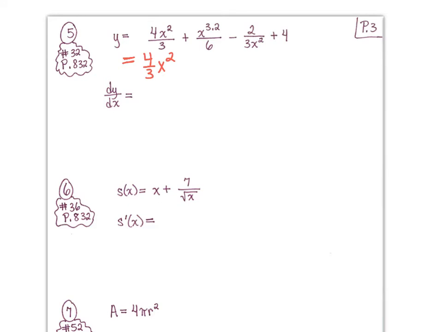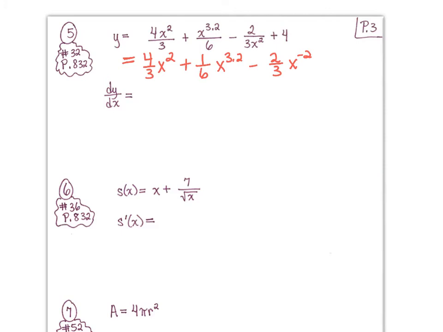Plus 1/6 times x to the 3.2. Good. Minus 2/3 times x to the negative 2, because you brought that outside, and because it was in the denominator, it now becomes a negative. Good. And then